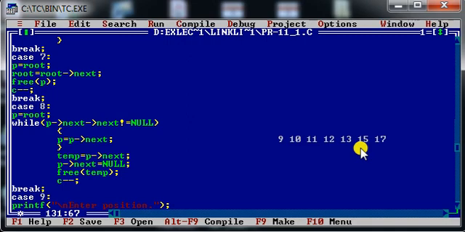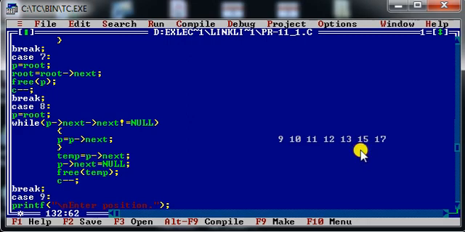So what I am doing, I will keep on moving my p pointer until I reach element number 15. Let us assume that right now my p pointer is here. So what I will check, p of next means 15, the address part of 15 contains the address of 17, and the address part of 17 contains null, because this is the last node. So that is why this loop will get terminated and my p pointer will stop at 15.